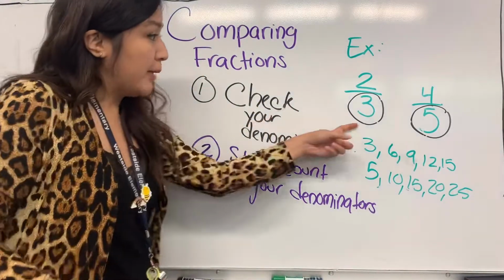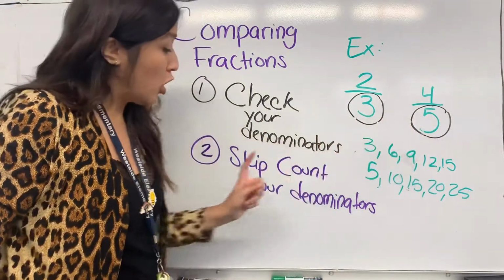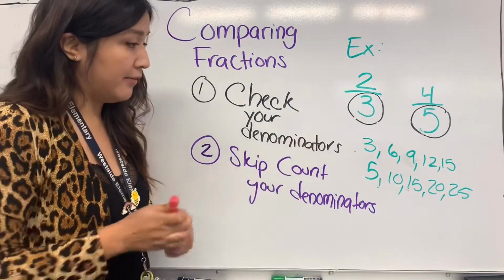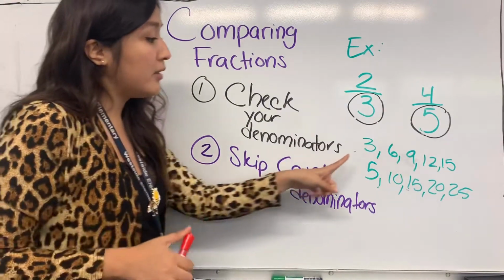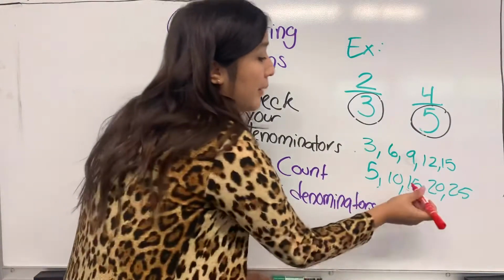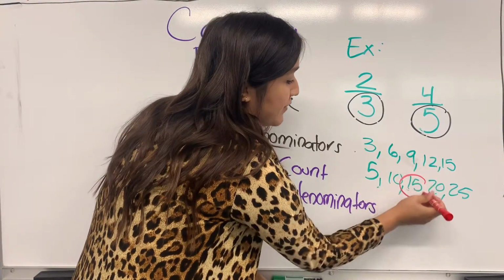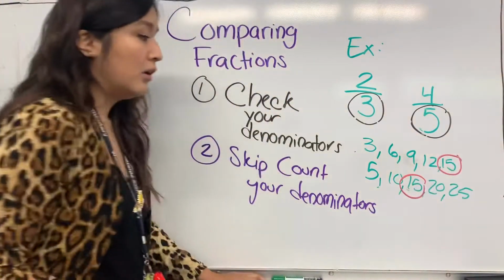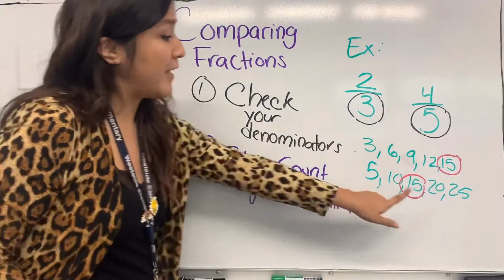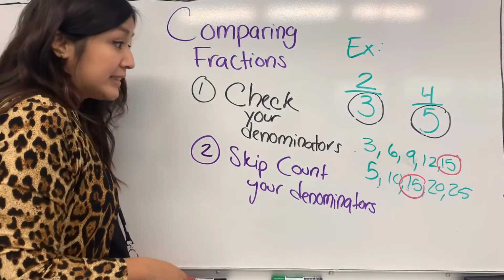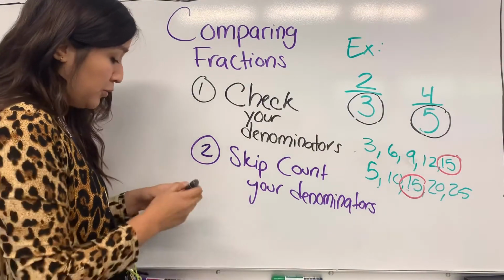So we checked our denominators. We found that they are different. So we need to skip count our denominators to find one thing they both have, okay? So what's one number they both have? They both have 15 in common. So I skip count my denominators. I found that they both have 15, okay? Your next step is